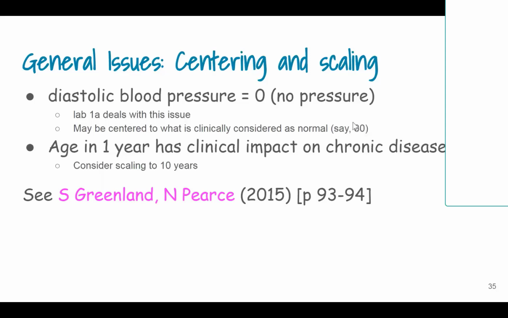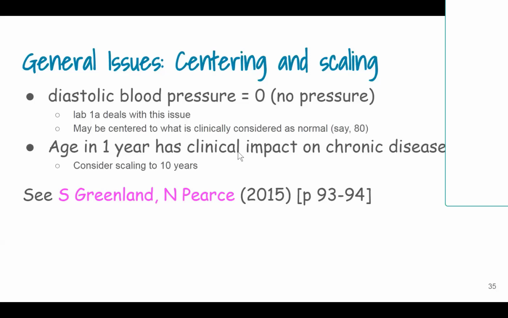But generally speaking, what I wanted to say about diastolic blood pressure is that a normal diastolic blood pressure of 80 is considered normal, for example. In that case, having a 0 diastolic blood pressure, how do you really interpret that? If you go from 0 to 1, then your beta coefficient changes in this way. So how do you really interpret that kind of beta coefficient? So to have a clinical